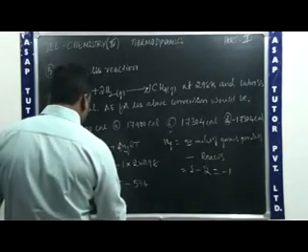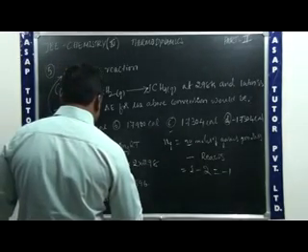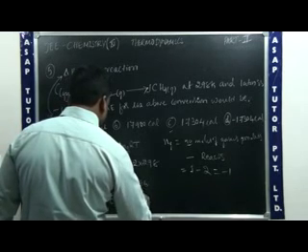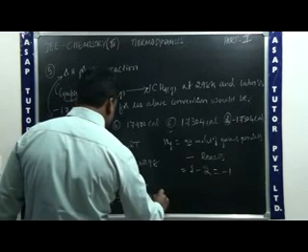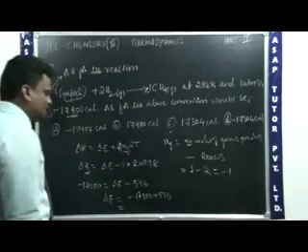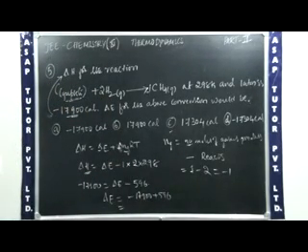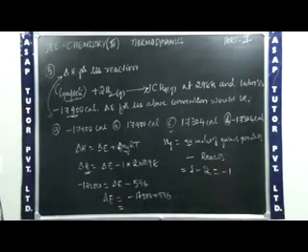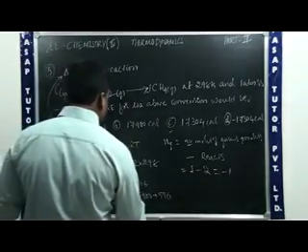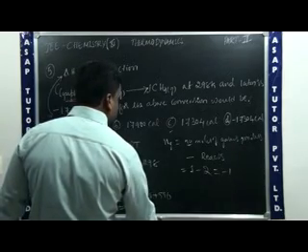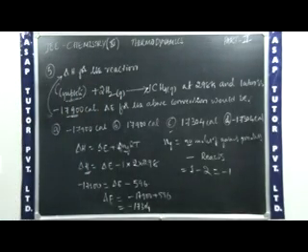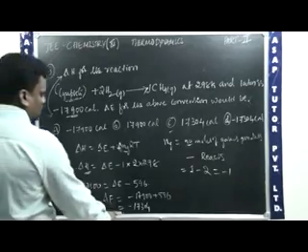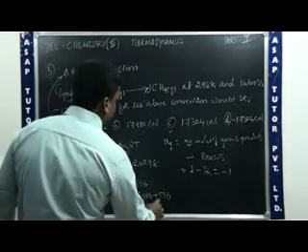Now what will be the delta E value? Delta E is equal to minus 17,900 plus 596. You will subtract 596 from minus 17,900, and we get the remaining value, which we need to write as a minus value: minus 17304. So 17304 calories of heat gets released. Delta E is equal to minus 17304, in calories only.